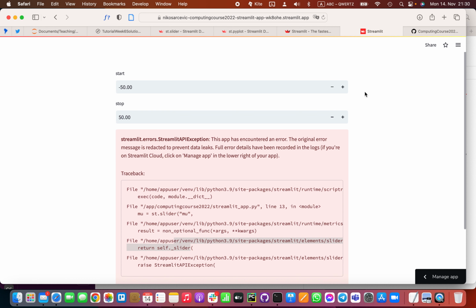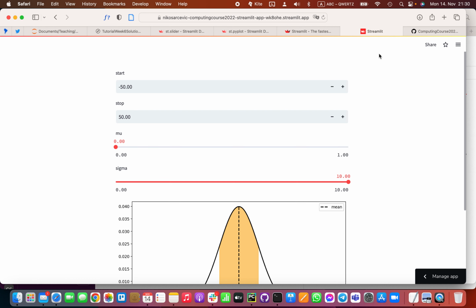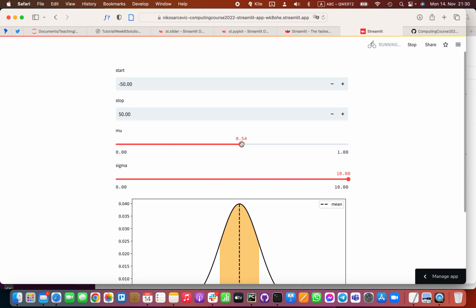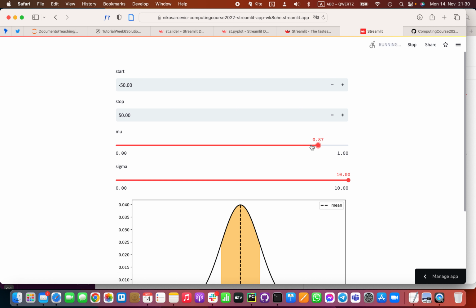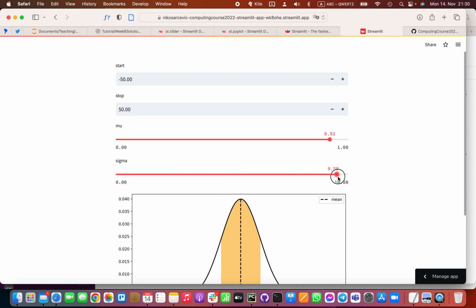Let's see if it's going to work now. Okay, now we can, yes, and now the max is 1, and